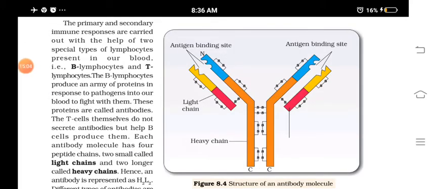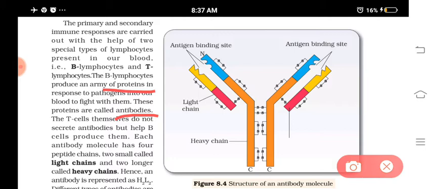So this primary and secondary immune response are carried out with the help of two special lymphocytes. Lymphocytes are what? WBCs, isn't it? And they are present in our blood. What are they? B lymphocytes and T lymphocytes. So B lymphocytes, how do they give immunity? They produce some kind of proteins called what? The antibodies. So these antibodies are produced by B lymphocytes. But T lymphocytes do not produce any antibodies, but they help the B cells to produce the